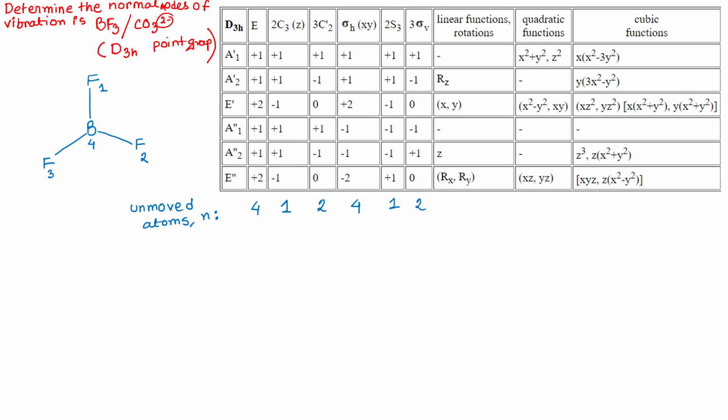Okay. Now we have to see what is the reducible representation, or gamma, for X, Y, Z. So here we will see your XY transformed together with E dash and your Z transformed with A2 dash. They have this kind of symmetry species. So your gamma XYZ is E dash plus A2 dash,